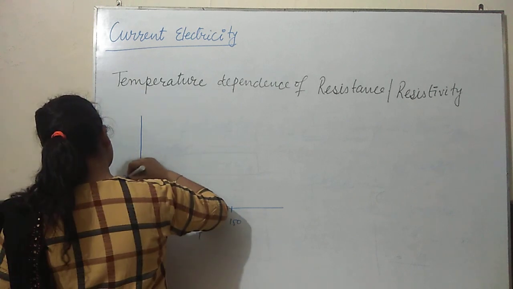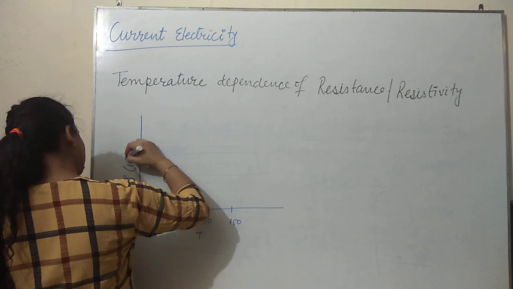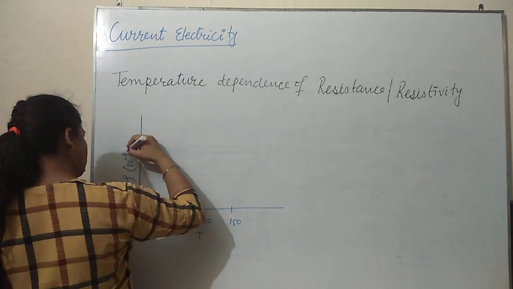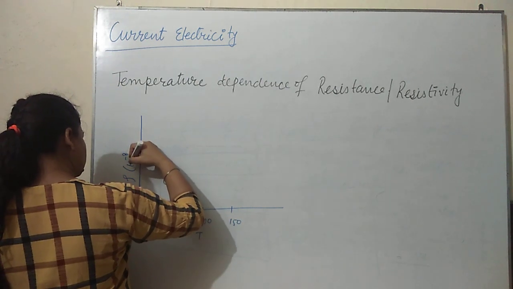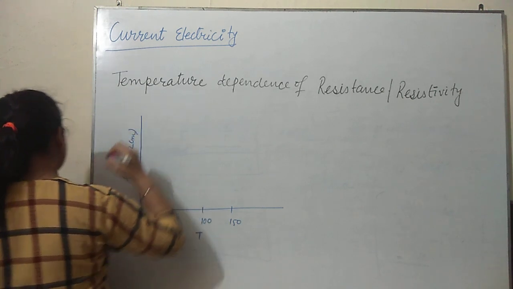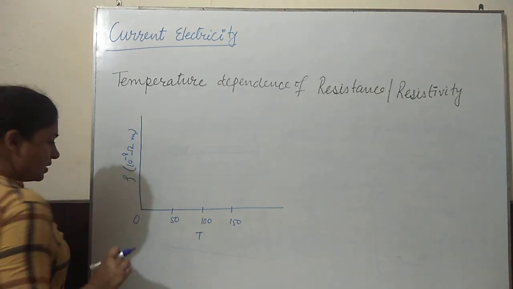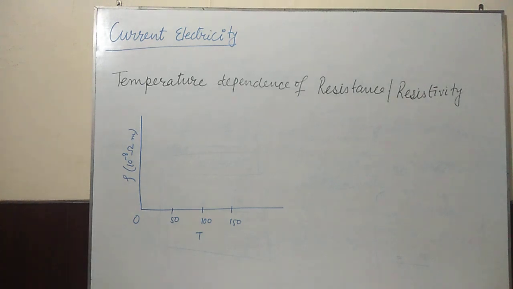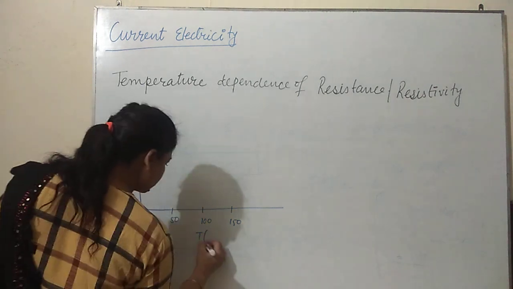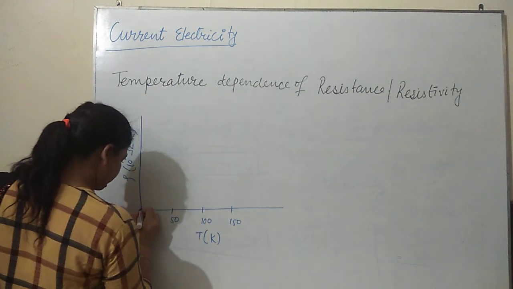And this side I am taking resistivity. And I am taking 10 raised to minus 8, as copper is very good conductor of electricity. Ohm meter. And here temperature we are taking in kelvins. And the graph